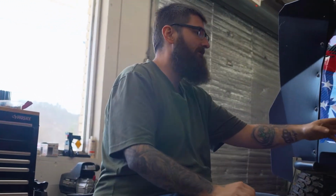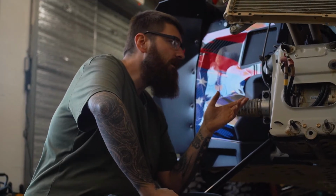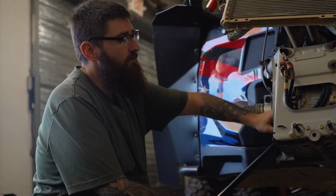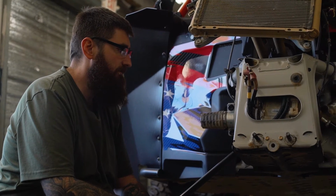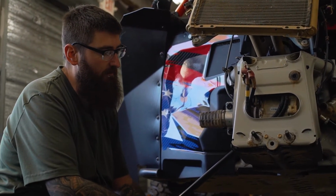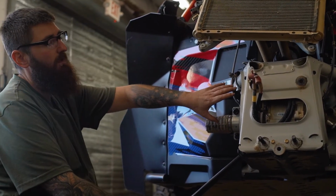All right, so a quick explanation about this, the differential. The smart lock, some people know, some people don't know, and I actually learned. So the way this differential works is it's not a true locker as maybe you would get in, say, other off-road buggies, maybe Polaris models and stuff. So the way that it works,